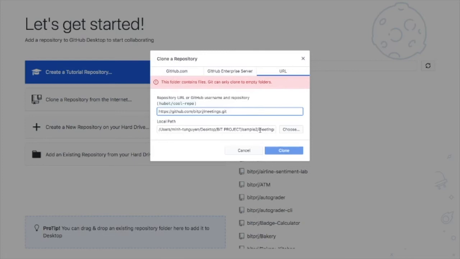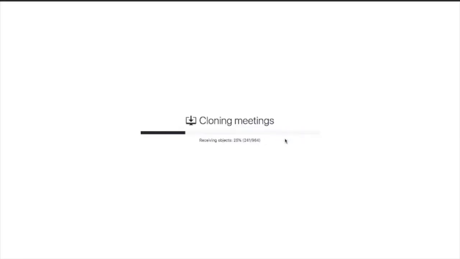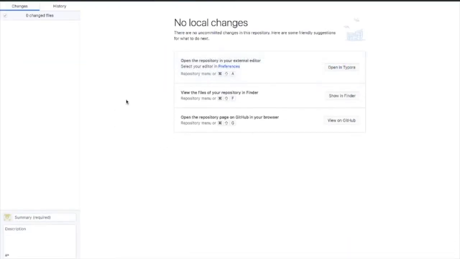And then I would have to adjust my folder because it cannot be in a folder that already contains things. There you go. So then I would click on clone. And now I have the whole repository within my GitHub Desktop. Okay. So now I'm going to demonstrate how to actually use GitHub Desktop. So if I want to add meeting notes into the meeting repository,